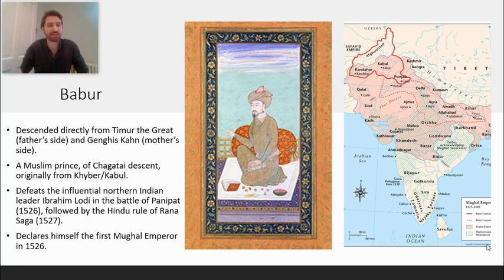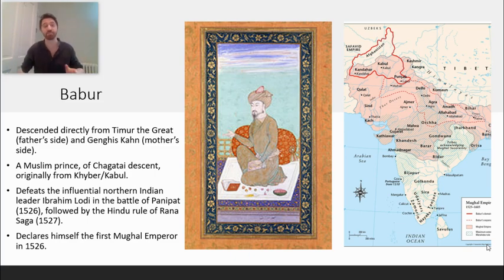So he has various different ethnic origins. And he, in his teenage years, begins to expand from his local region and he has some success in the northwest, but also a number of defeats by the time he's 15 or 16 years old. However, he decides to set his sights on northern India, and he manages to gain a series of notable victories against important leaders. First, he defeats Ibrahim Lodi at the Battle of Panipat in 1526. And that's a really interesting battle that I would seriously advise going and looking at.